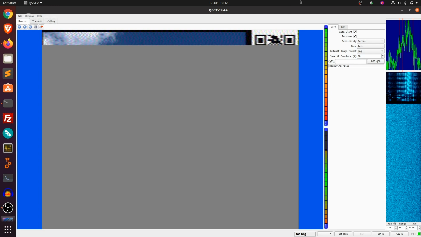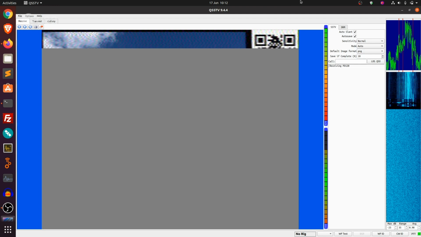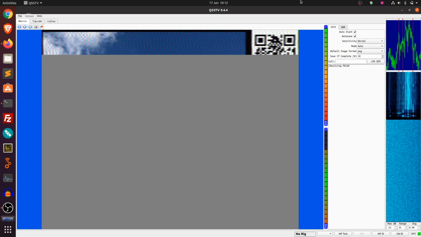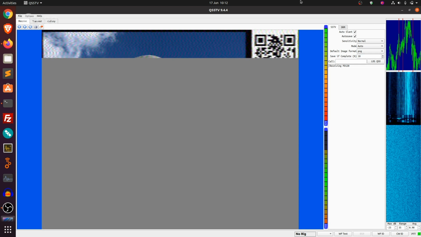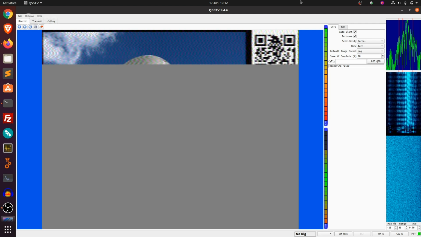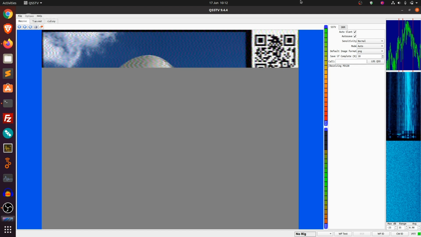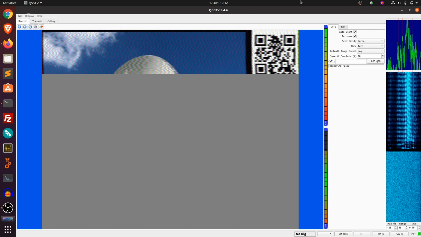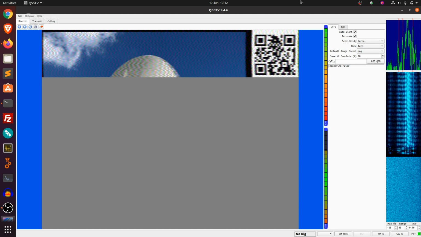And it looks like we're receiving a very nice image right now. Of course, there's a bit of noise in this image. There wasn't before, because that was a very clean audio file. This has actually been transmitted through radio, so you can see a bit of noise in this image. And of course, when you receive real images from the International Space Station, there will probably be even more noise on it. But this looks very nice.